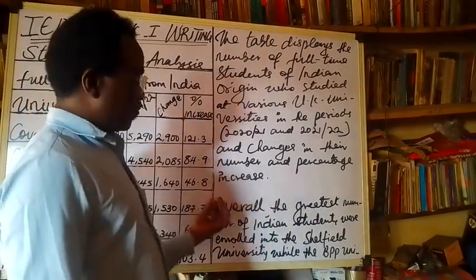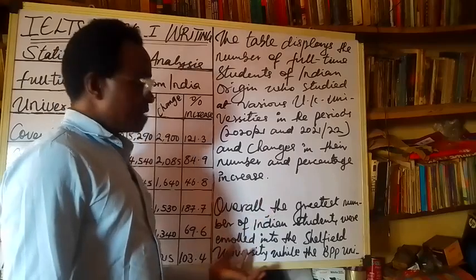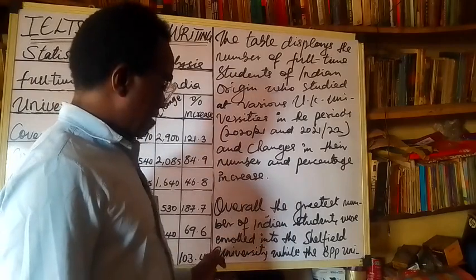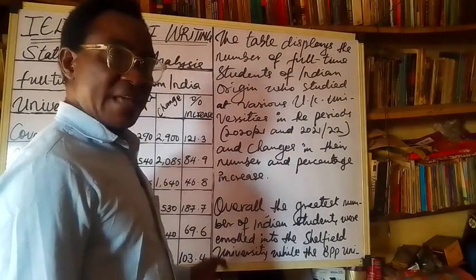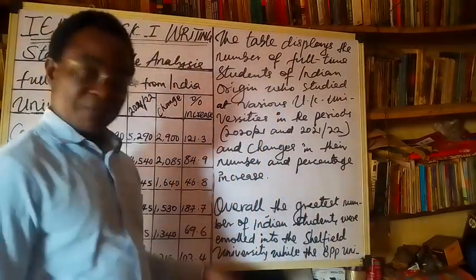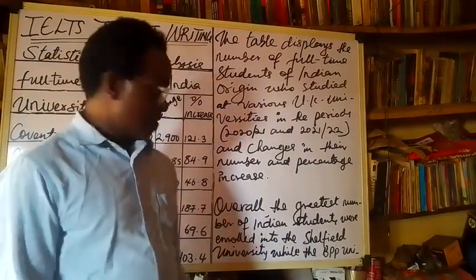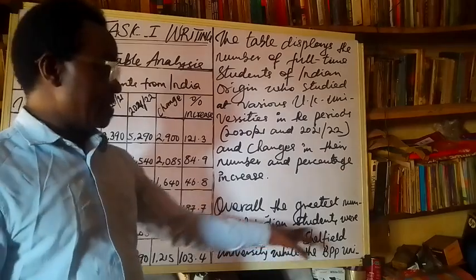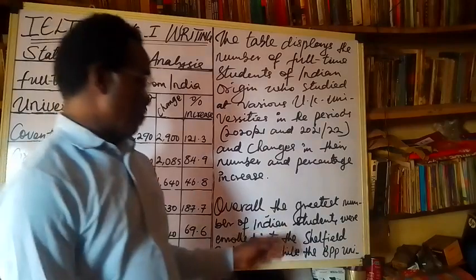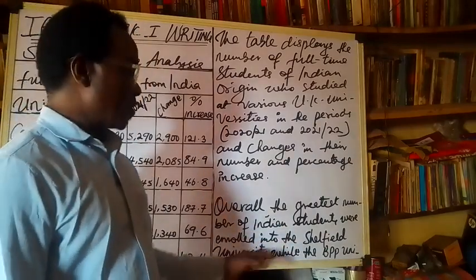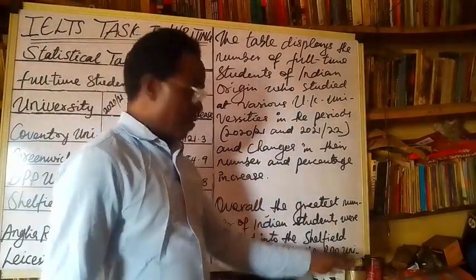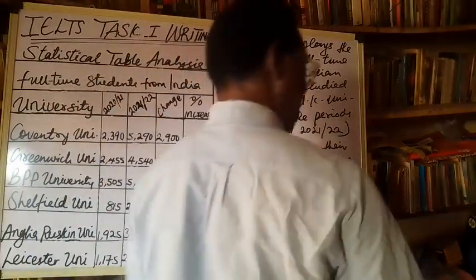So a line is often omitted to indicate the beginning of a new paragraph, and the sentences invariably begin at the edge of the margin. So the second paragraph says, overall, the greatest number of Indian students were enrolled into the Sheffield University, while the BPP University,